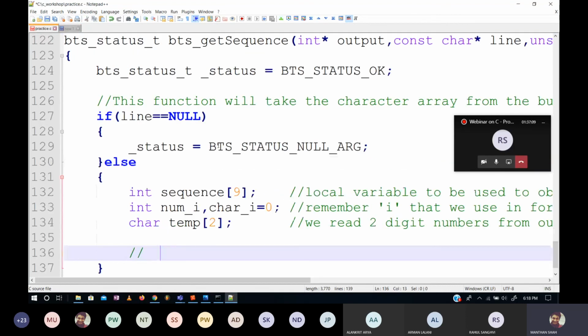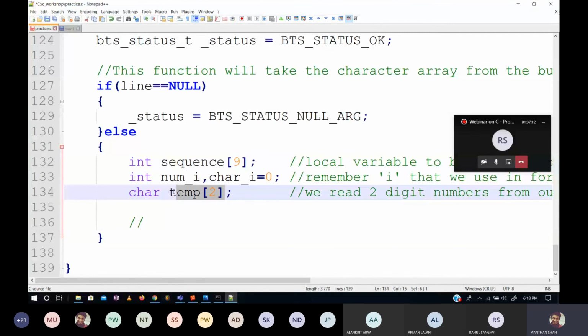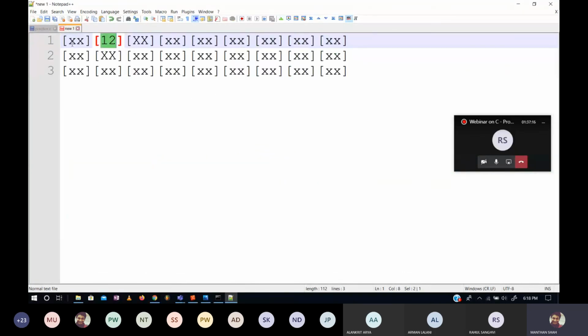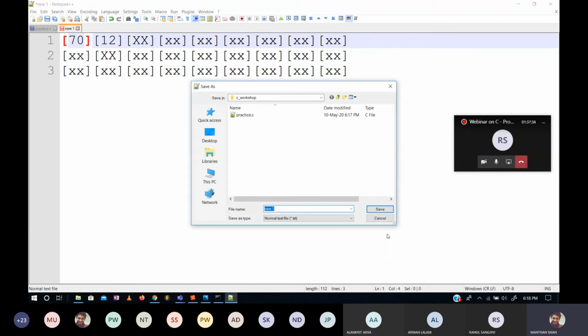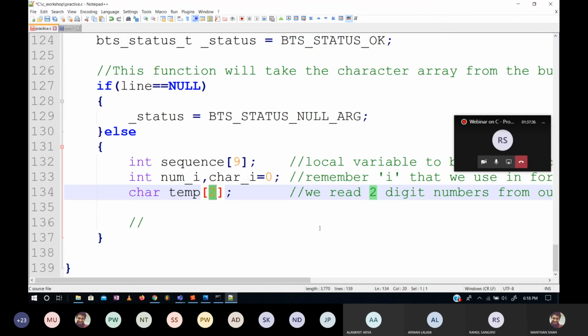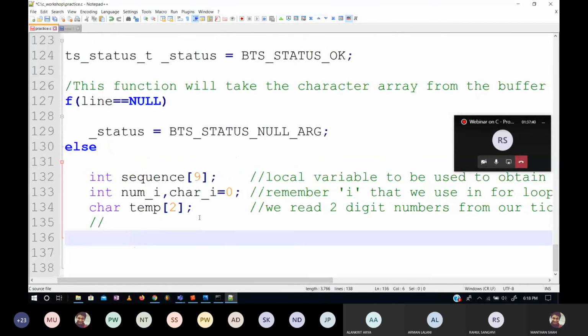So we'll have to write a function. For that, what will we do? We'll create this memory of type character with size 2. Our rule is that we are assuming every number will be of 2 characters only, because it is a 2-digit number. This means that if you are writing a 1-digit number, you still have to write 07, 7 will not work, because then it will start reading this and we don't want that. The program will crash. Okay? So that's why we are using this temp.